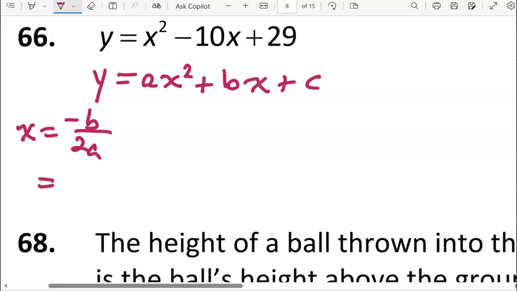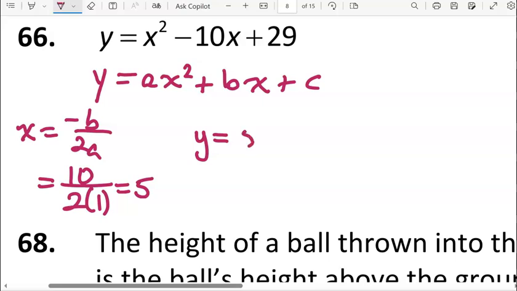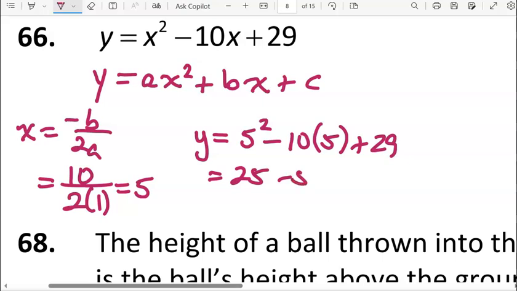And -b would be +10, and 2 times a would be 2 times 1, so that's 10 divided by 2, which is 5. We can find the vertex y value by replacing x with 5 in the equation. So that's 5 squared minus 10 times 5 plus 29, which is 25 minus 50 plus 29, and that result